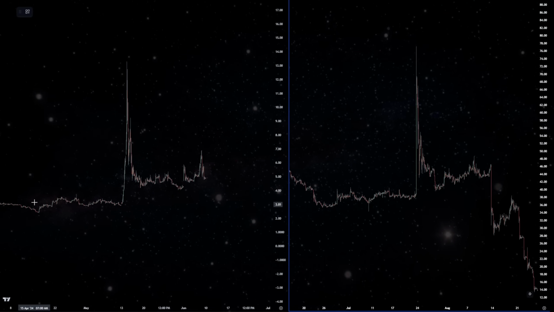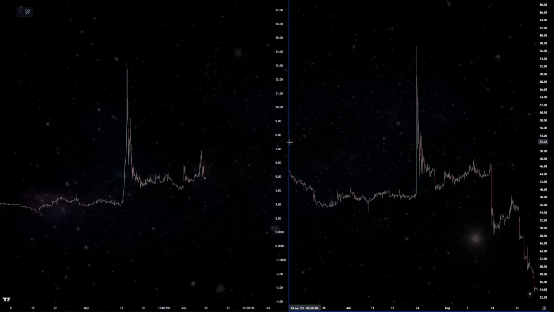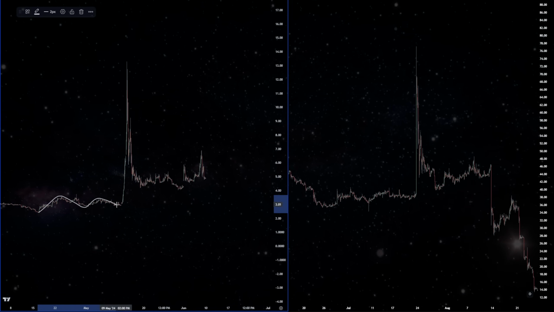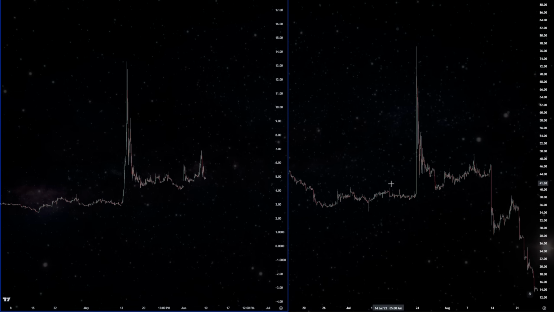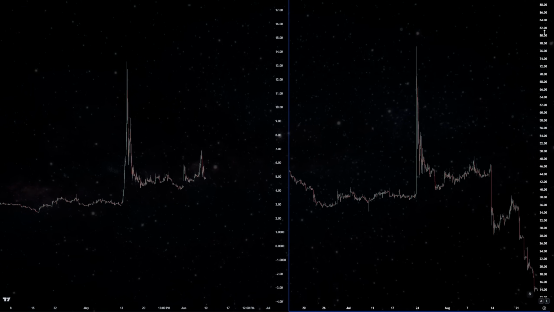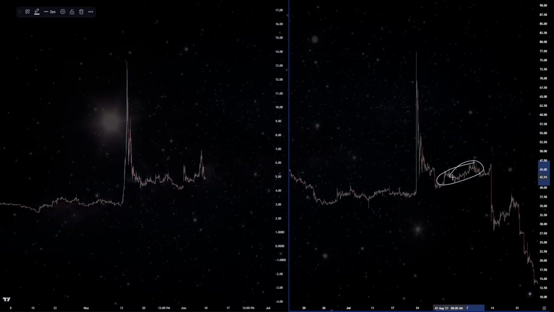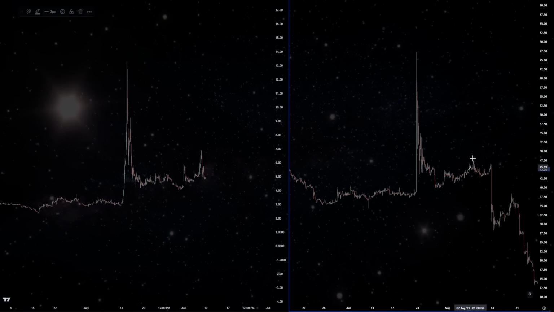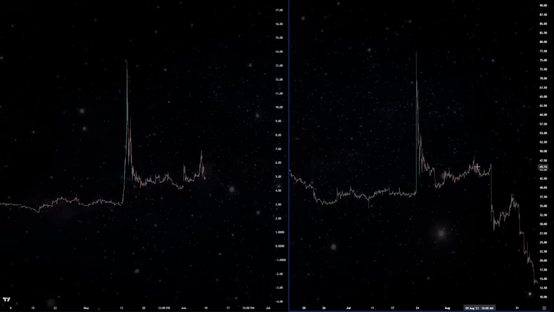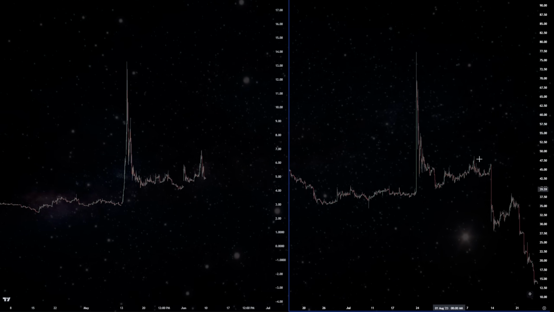One of the videos I posted also in November, comparing November 2020 to now, was talking about this flag setup here before a volatility zone. It's the same exact thing that AMC did before it climbed 100% in the after hour session, got shut down, traded sideways, and then what happened, guys? Another inverse POI. This was a macro inverse POI, but clearly we see volatility take place shortly after this pump